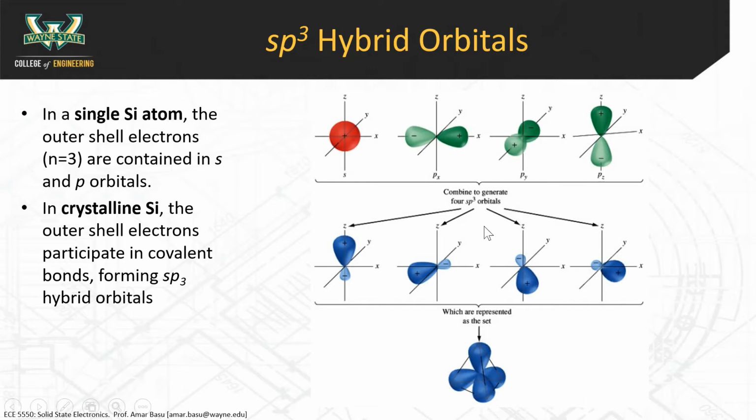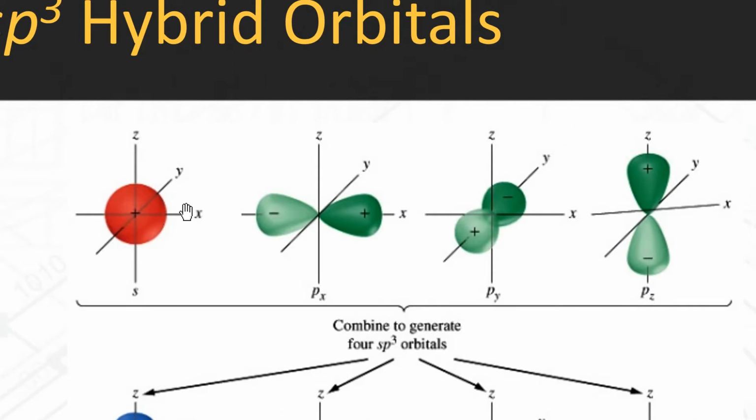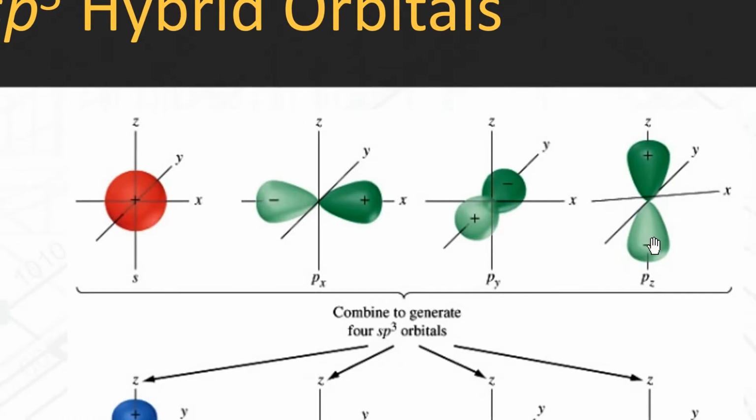This is obviously a much more complicated problem. But this is what they look like in a single silicon atom here. This was the 2p subshell. I said this is 3. We're talking about the 3s subshell. And then this is the 3px, the 3py, and the 3pz. Remember I said how the p subshells are mutually perpendicular. One is aligned to the x-axis, one is aligned to the y-axis, and one is aligned to the z-axis. So this is what they look like. They're like dumbbells. And you see that there's a positive and negative. I think that represents the electrons of different